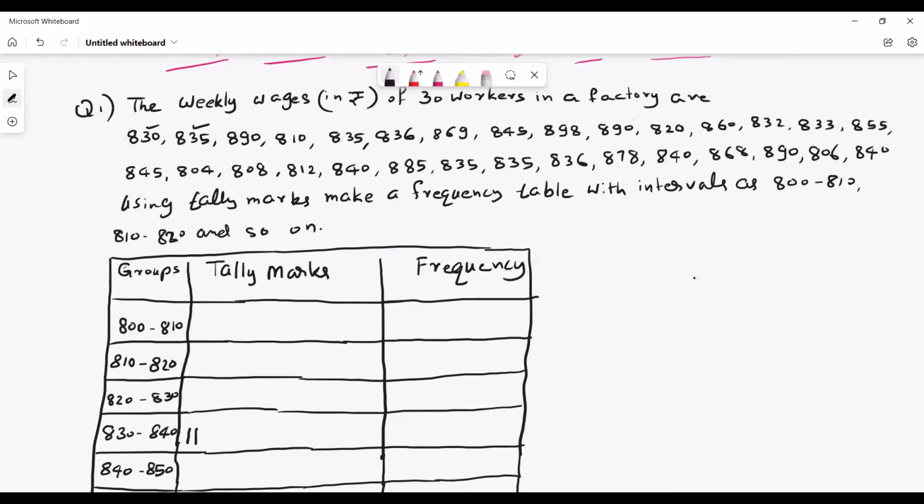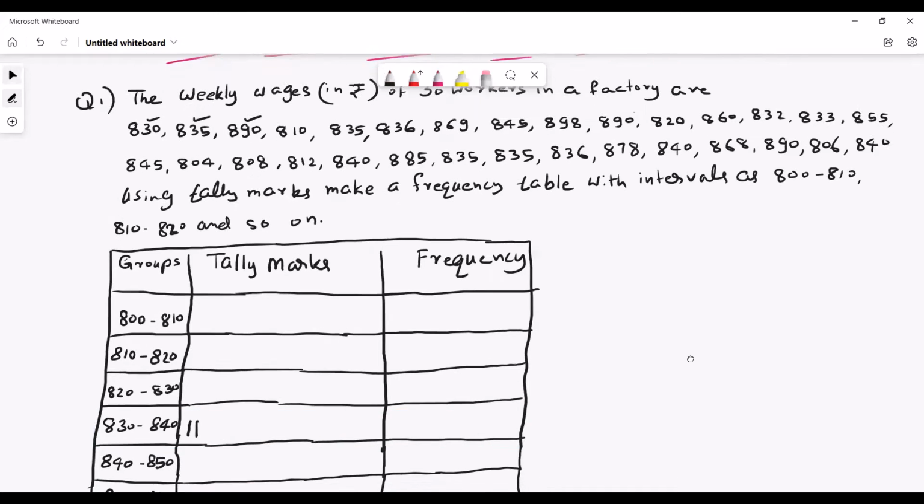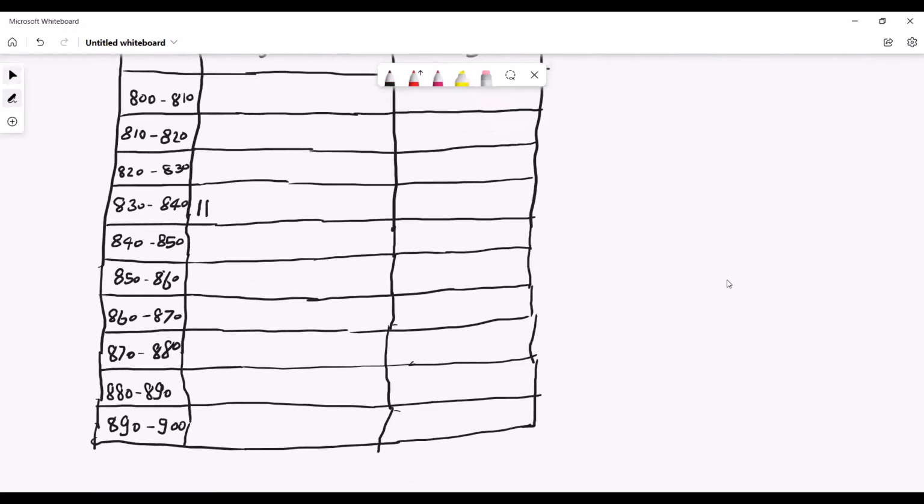So the better way of identification is a tick mark, otherwise do some marking there so that we can see where we are. And now we are having 890. So 890 we have to mark here. 890 is coming at the bottom. So here 890, when we have to mark, 890 is coming in